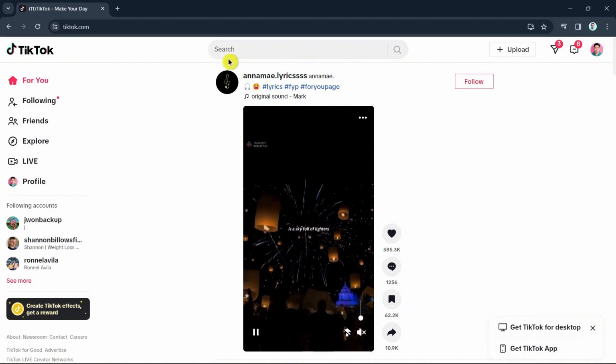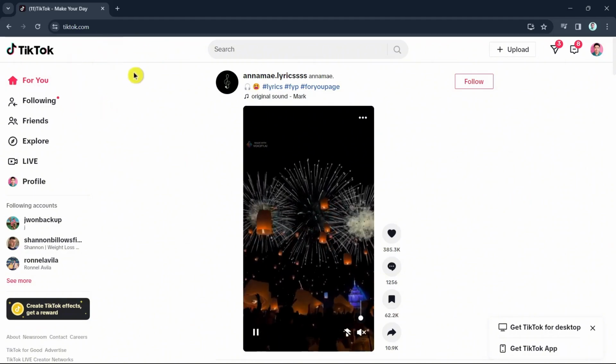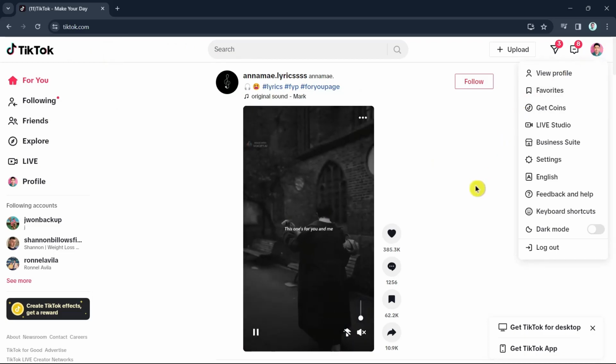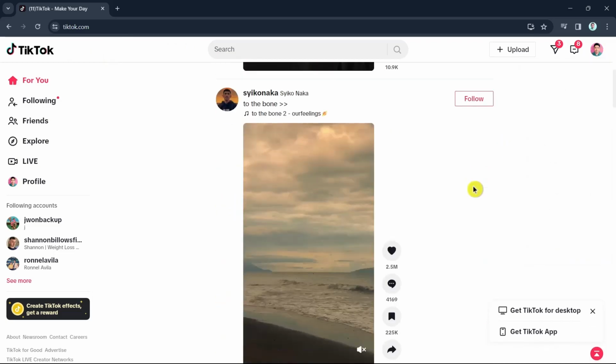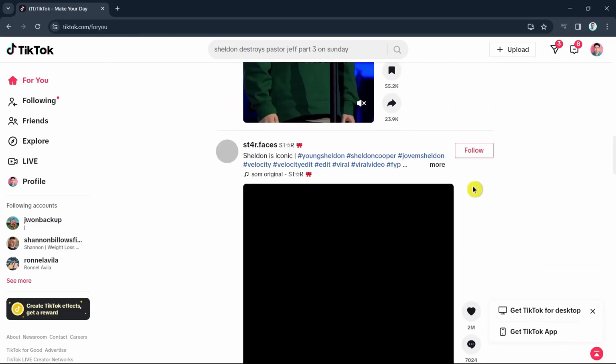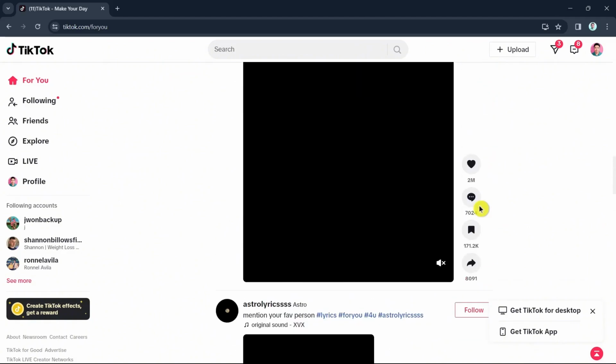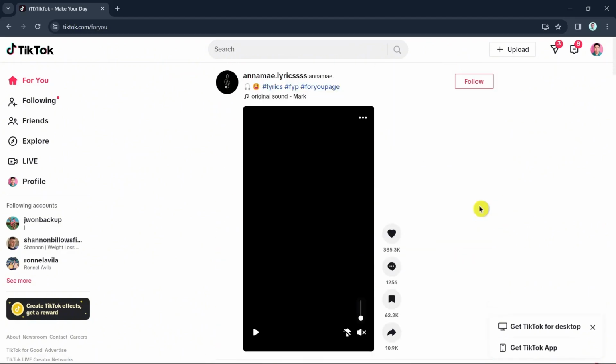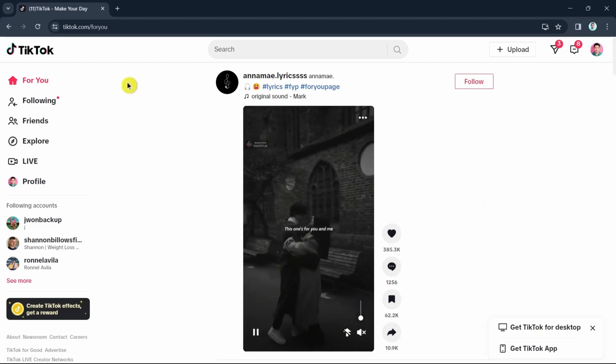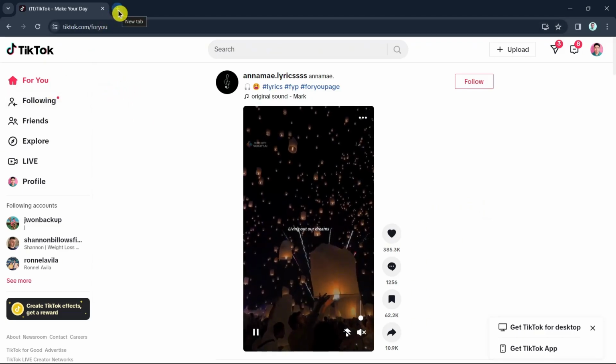First up, open your browser and search for TikTok.com, and here make sure that you sign in with your account. So as you can see here, you don't have any options to directly go to TikTok Shop. So what you're going to do here is add a new tab right here,